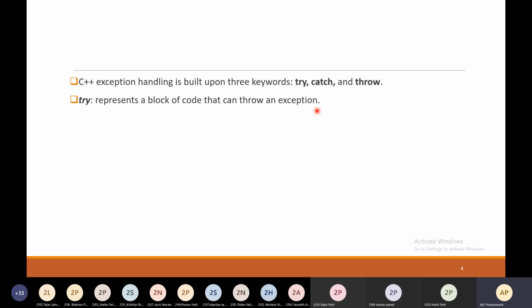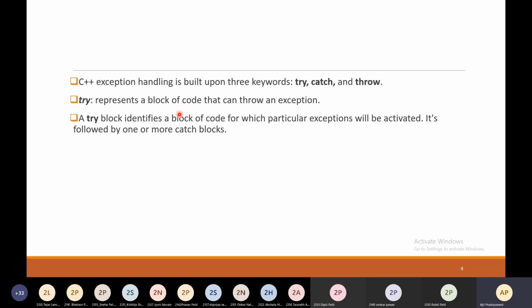The try block will consist of code that could have an exception, and this will throw the exception. A try block identifies a block of code for which a particular exception will be activated. It's followed by one or more catch blocks.